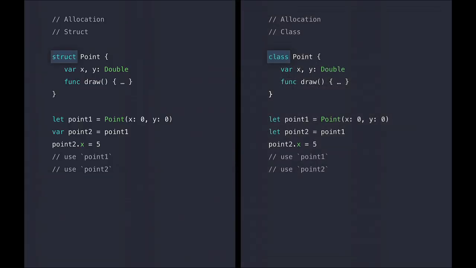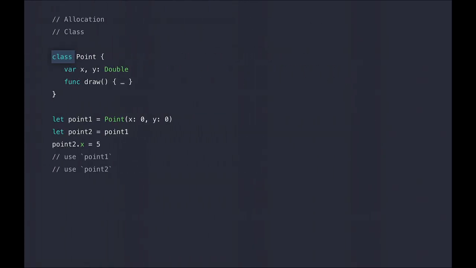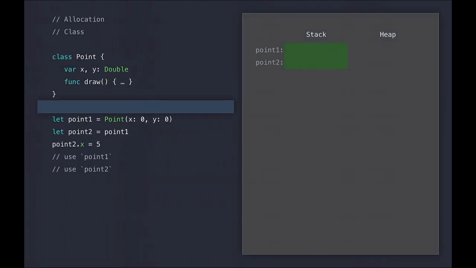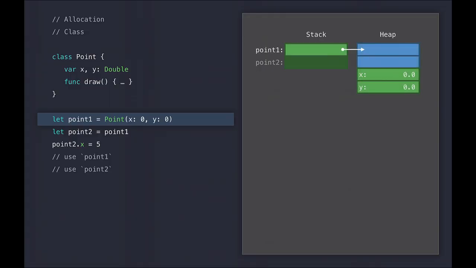Let's contrast this to the same exact code, but using a point which is a class instead of a struct. All right. So when we enter this function, just like before, we're allocating memory on the stack. But instead of for the actual storage of the properties on point, we're going to allocate memory for references to point 1 and point 2. References to memory we're going to be allocating on the heap. So when we construct our point at 0, 0, Swift is going to lock the heap and search that data structure for an unused block of memory of the appropriate size. Then, once we have it, we can initialize that memory with an x of 0, a y of 0, and we can initialize our point 1 reference with the memory address to that memory on the heap.